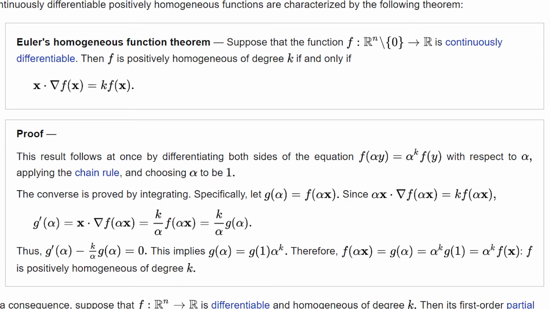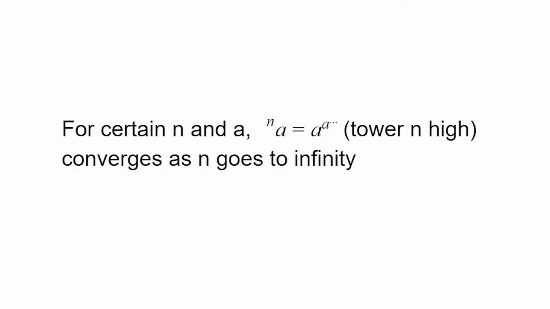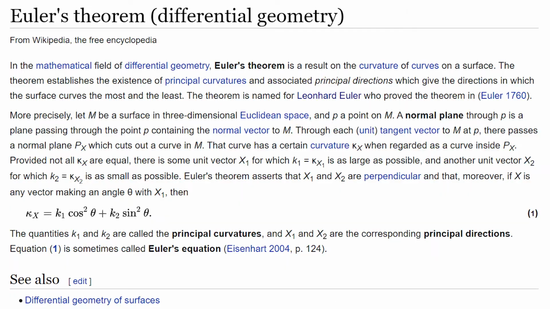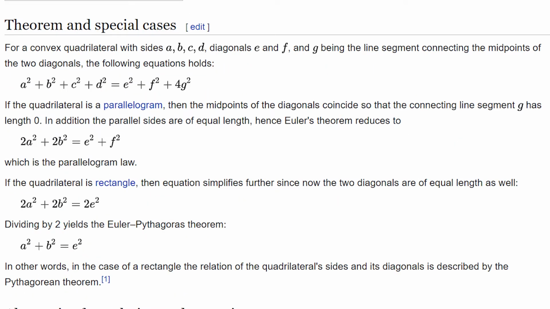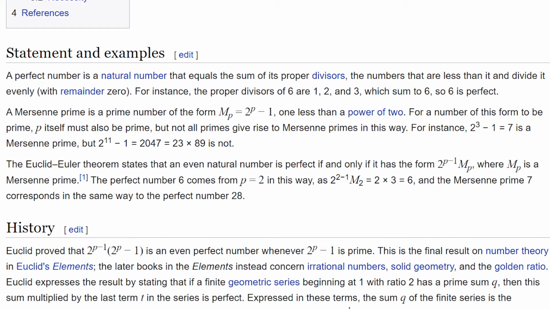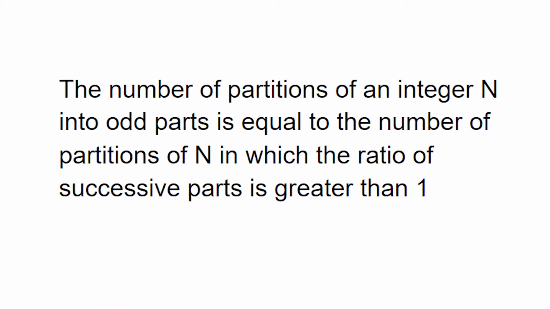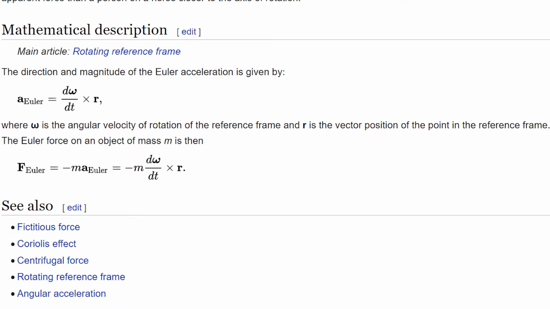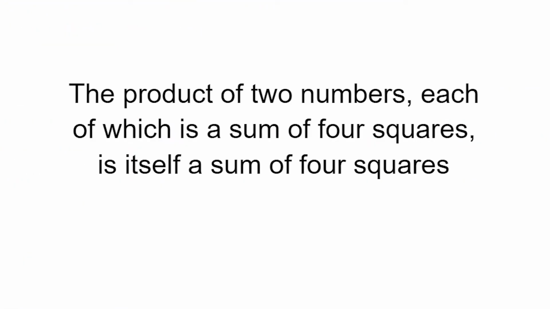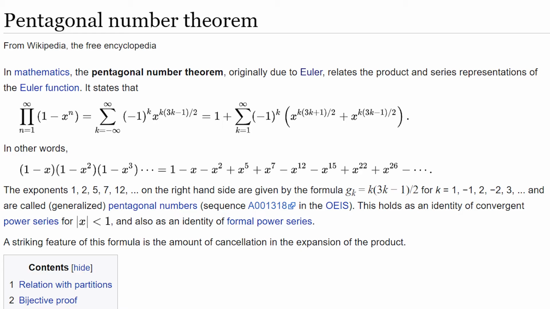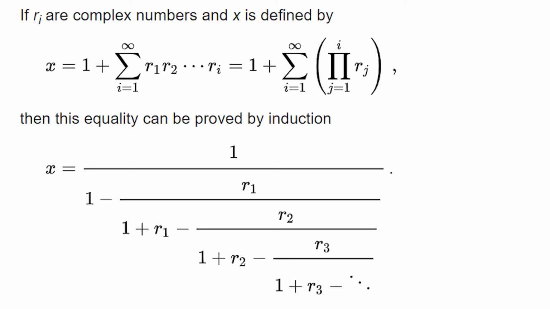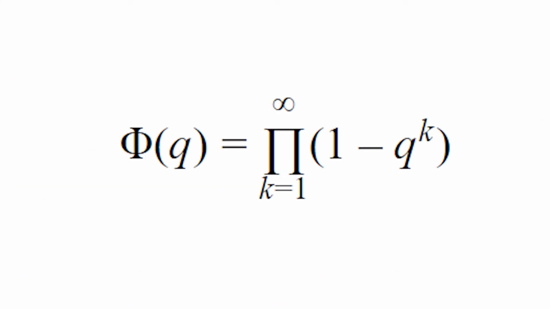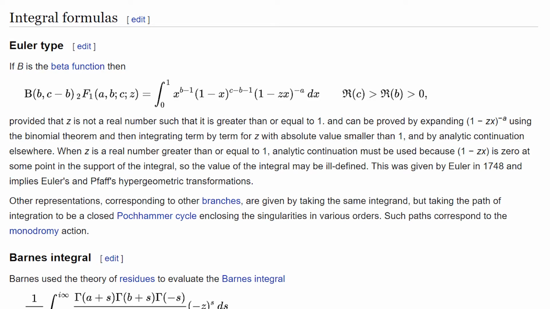Euler's homogeneous function theorem, Euler's infinite tetration theorem, Euler's rotation theorem, Euler's theorem for differential geometry, Euler's theorem in geometry, Euler's quadrilateral theorem, the Euclid-Euler theorem, Euler's partition theorem, Euler's laws of motion, Euler force, Euler's four-square identity, the pentagonal number theorem, sometimes referred to as Euler's identity, Euler's formula for the critical load of a column, Euler's continued fraction formula, the Euler-Rodriguez formula, the Euler function, the Euler hypergeometric integral,